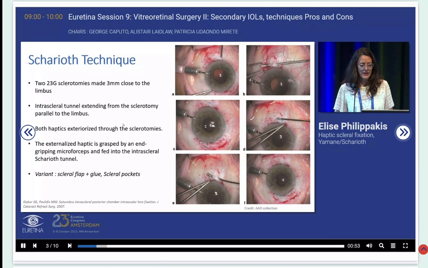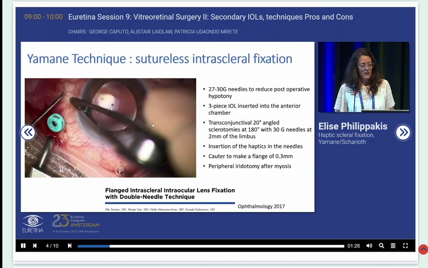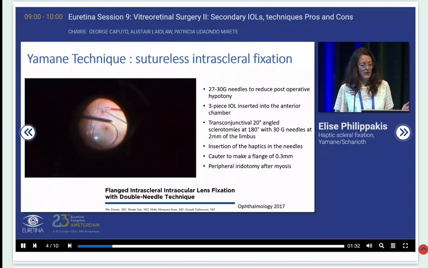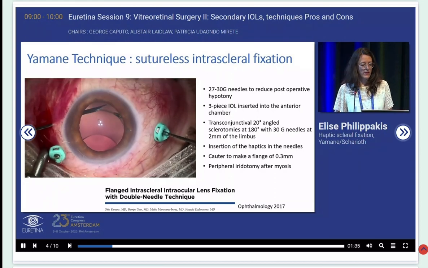In the Chariot technique, you take out the haptics through sclerotomies at 3 millimeters from the limbus, and then you feed them in an intrascleral tunnel that you perform with a needle. So then both haptics are exteriorized and then hidden in this tunnel, and then your lens is fixed. There are variants of this technique using scleral flaps, glue, scleral pockets. Many have tried, and it's why Yamane described this technique using tunnelized incisions with a needle,